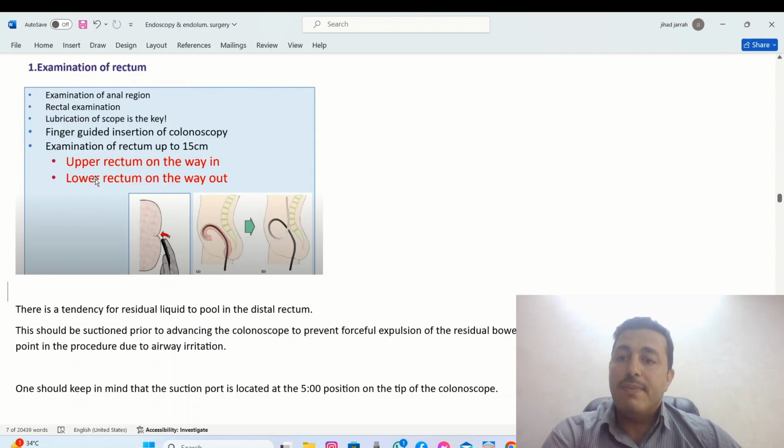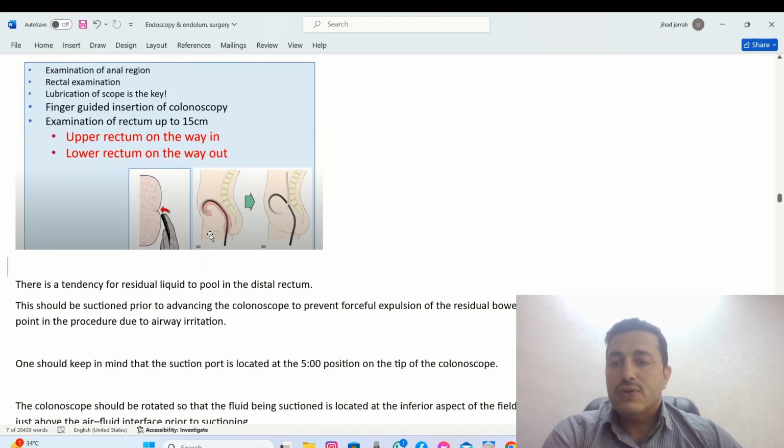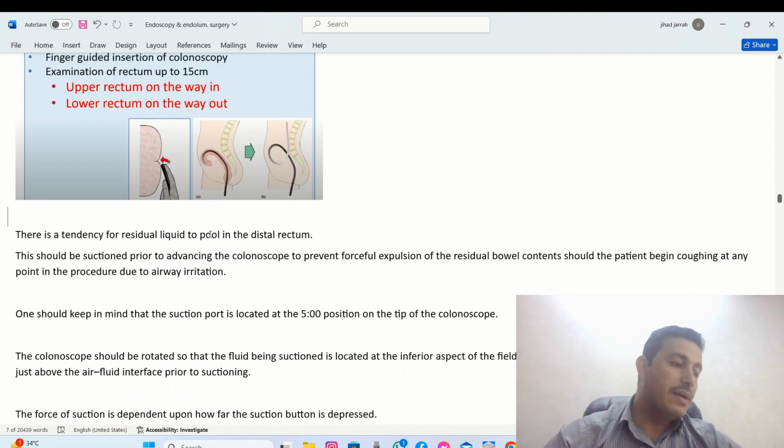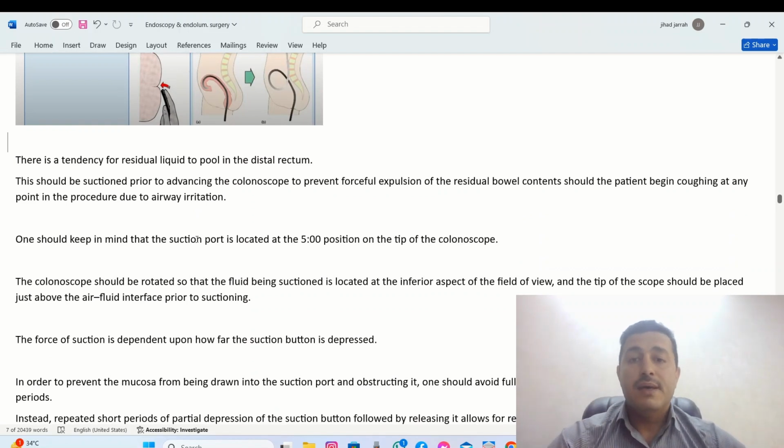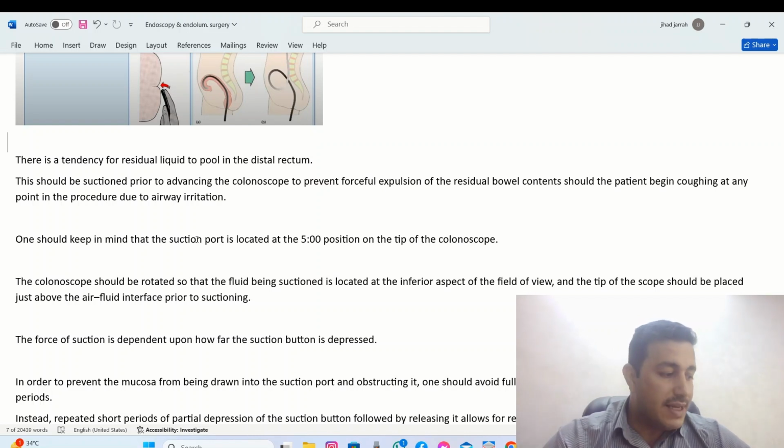This is what we mean by lower rectum on the way out. The lower rectum, we cannot actually examine it by the colonoscope at the beginning of the procedure. Okay, of course, the rectum, after bowel preparation, can be full of liquid stool,